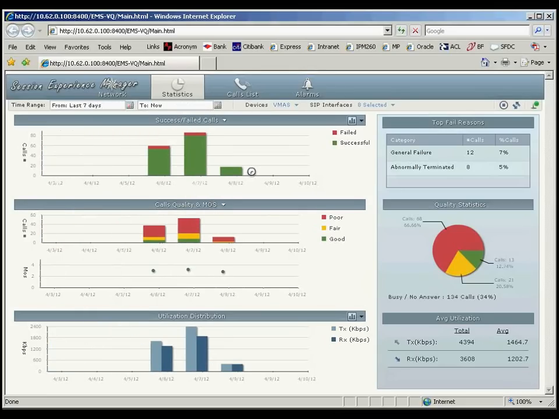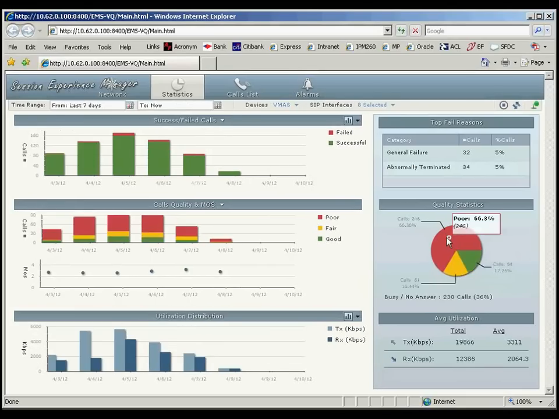So on the right-hand side, the pie, again, poor quality 66% on that specific timeline, so 7 days. Good quality 17% and fair quality. Okay, so I have all the statistics here. Now, let's go to the calls, to each one of the calls. If I click on the calls,